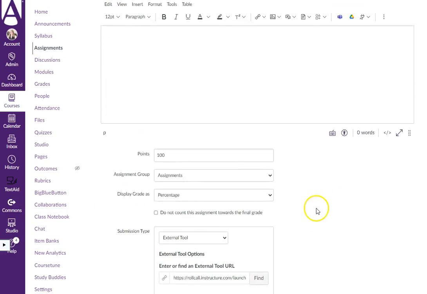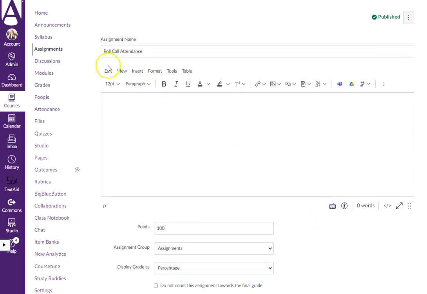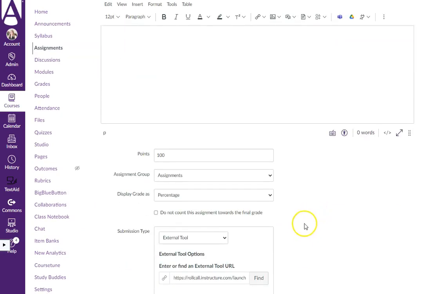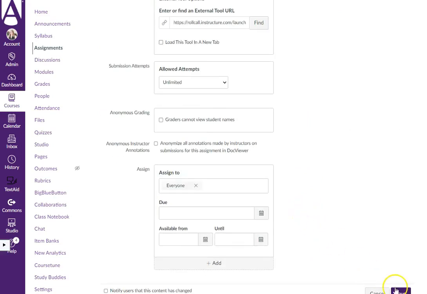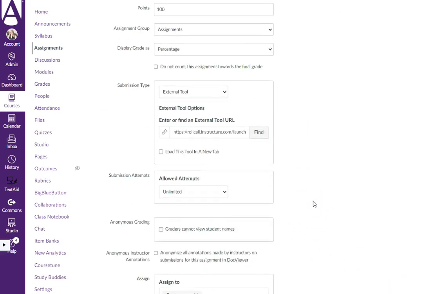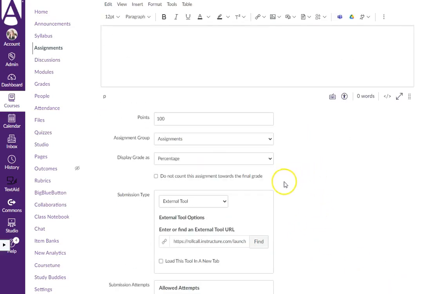Now here, if you want this roll call attendance assignment to count toward your final grade, all you need to do is click save and it saves it for you. But if you do not want this assignment to count toward your final grade, you need to check